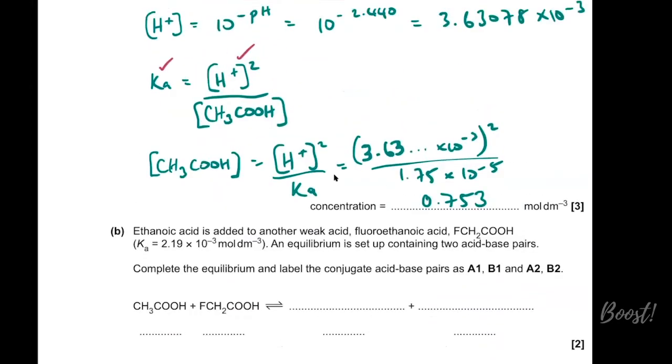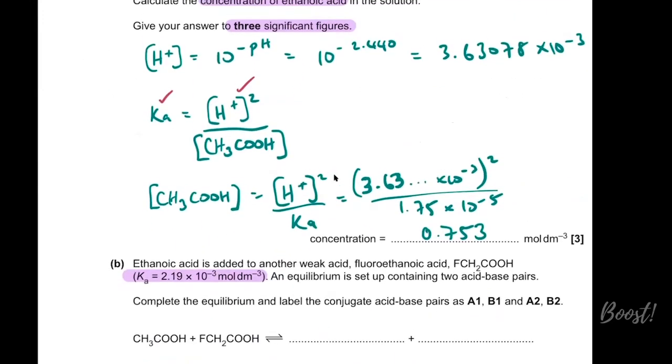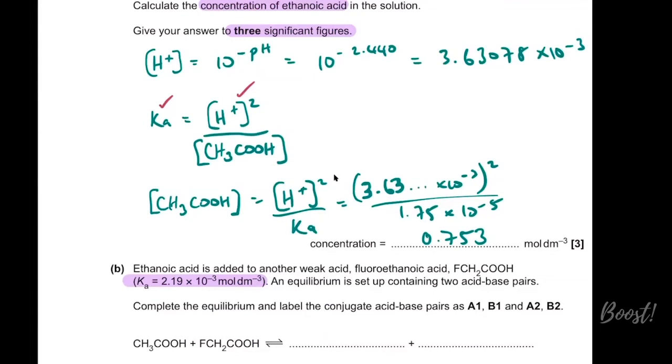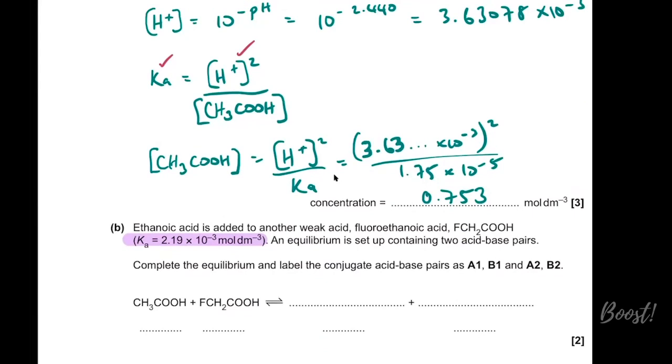The second part of the question is ethanoic acid is then added to another weak acid, fluoroethanoic acid. It's given us the Ka here of the fluoroethanoic acid. Remember, we have the Ka of our ethanoic acid at the top there. An equilibrium is set up using the 2 acid-base pairs. Complete the equilibrium and label the conjugate acid-base pairs as A1, B1, A2, and B2. So the first thing to think about here, other than we need to think about conjugate pairs, is which of